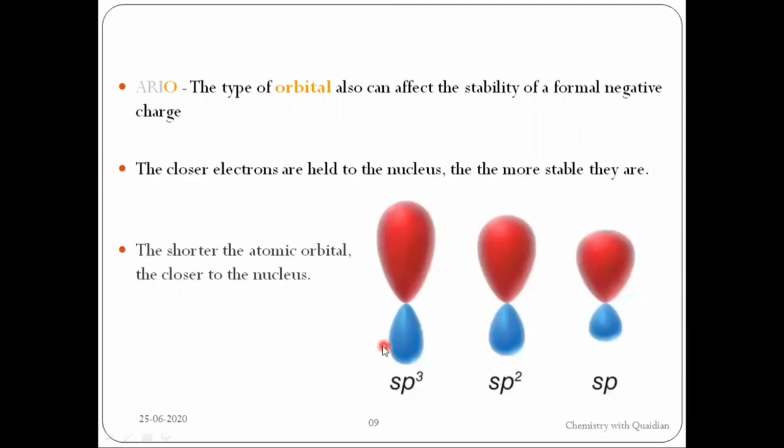You know the 3 types of hybridization: sp3, sp2 and sp. In sp3, there is only 25% contribution of s orbital, so it will be far away from the nucleus. In sp2, there is almost 33% contribution of s orbital, while in sp, there is 50% contribution of s orbital. And we have said that the more the contribution of s orbital, the closer it will be to the nucleus because its size will be the smallest. So the compound in which sp hybridization is involved will be most acidic in nature.